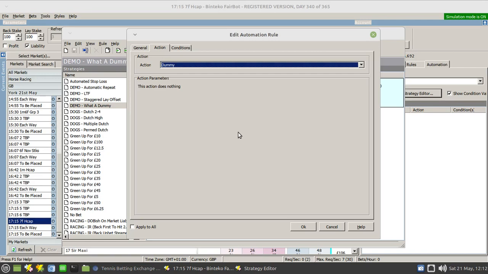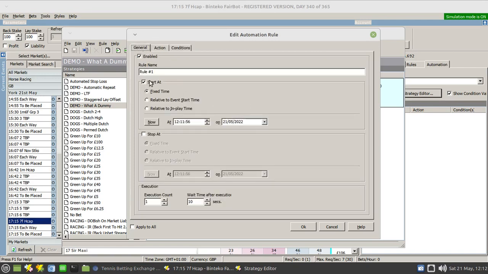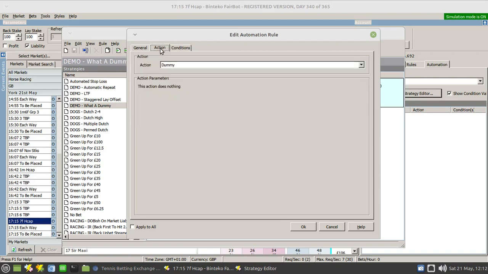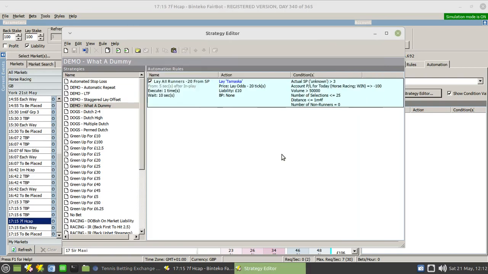But let me just briefly describe the dummy option. As you can see here, it doesn't do anything in terms of interaction with the market. But you can specify a start time like any other rule, you can specify conditions and so on. But I'll get back to that shortly. What I've done by way of explanation is to set up this strategy here, and I've populated it with one rule. Now what I was thinking is,